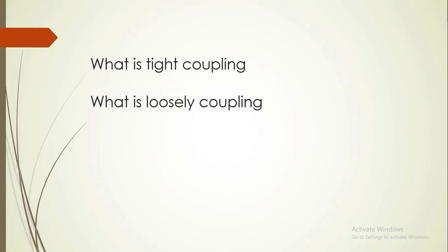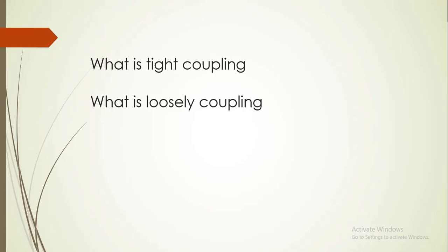Before proceeding, we need to discuss what tight coupling and loose coupling are. Tight coupling means classes and objects are dependent on each other. That means when a class is dependent on another class, then it is said to be tight coupling between these two classes. In that case, if we change the dependent object, then we also need to change the classes where this dependent object is used. If your application is a small one, then it is not difficult to handle, but if your application is big, then it is really difficult to make these changes.